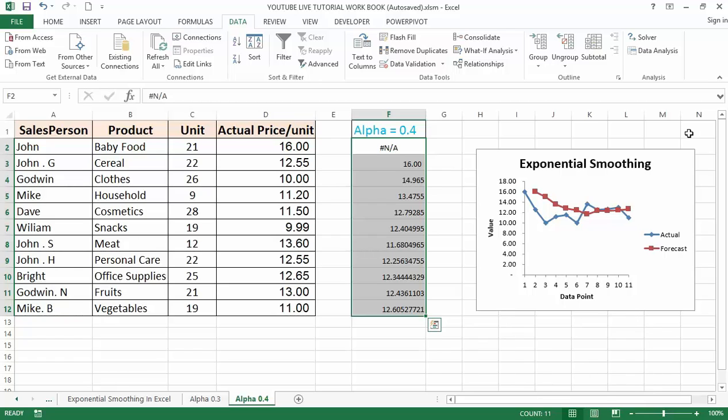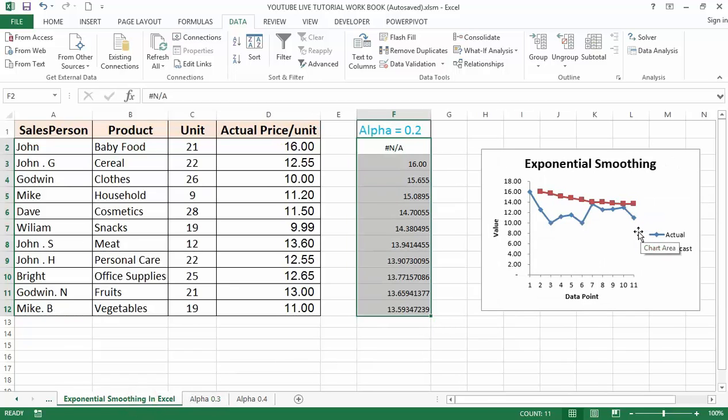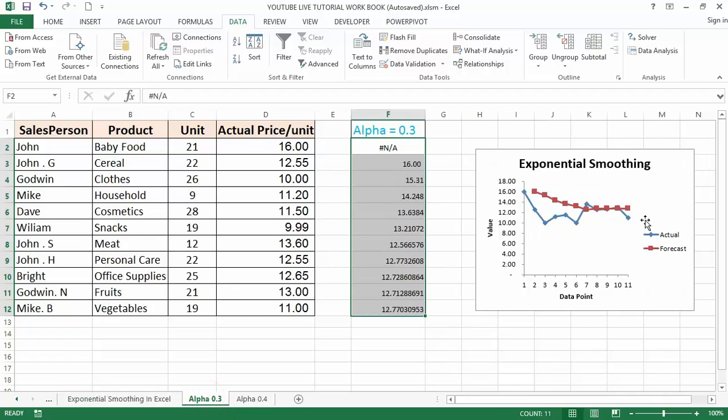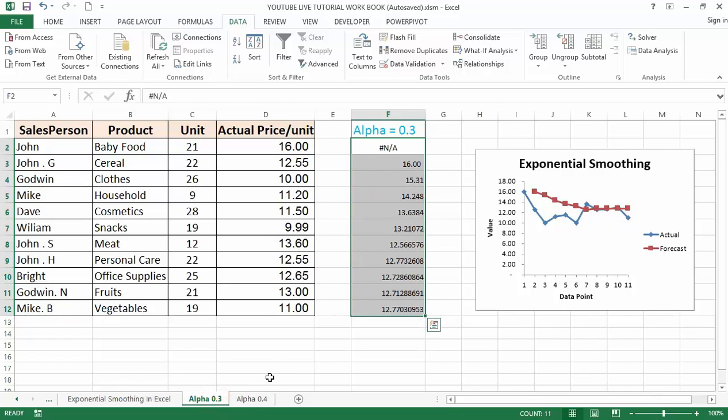So you can see the result of each and every one of them. You can see the result of the alpha and the forecast value. Now if you compare the results of all three exponential smoothing examples,